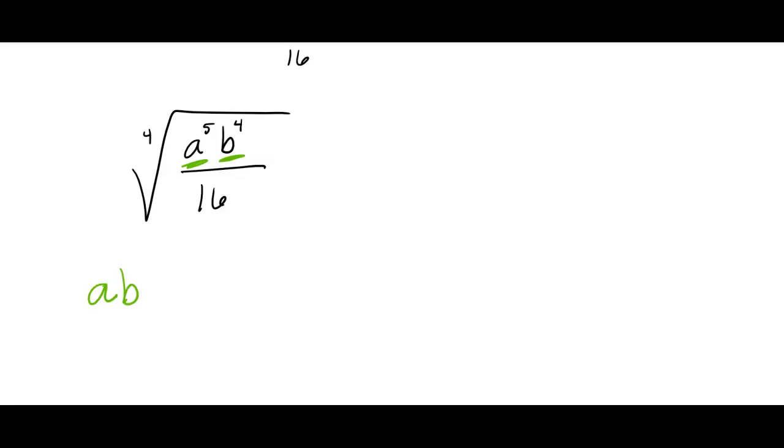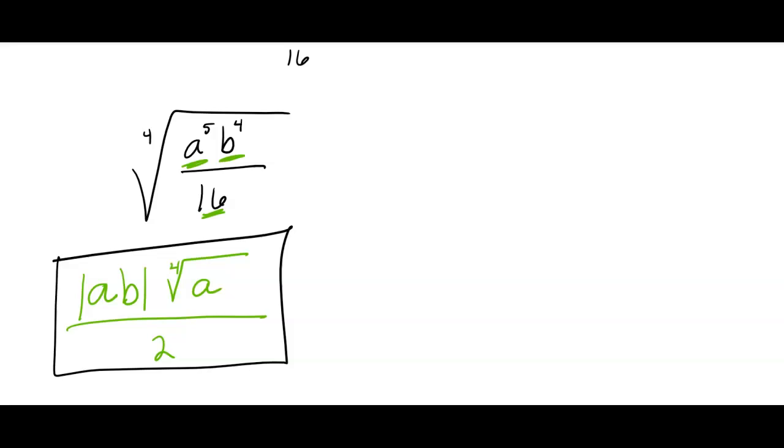Now, what about absolute value? I need absolute value because those are odd. And then it's going to be the fourth root of the a that was left over there. All over, and then it's going to be a 2 because the fourth root of 16 is 2. Okay,